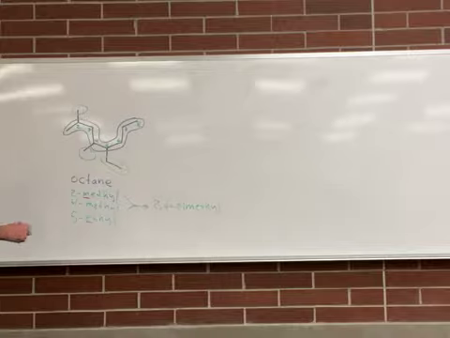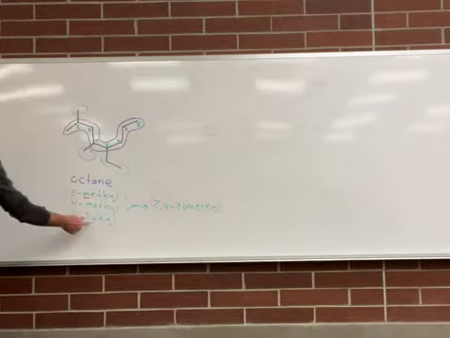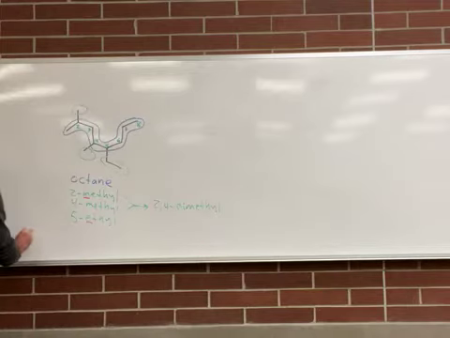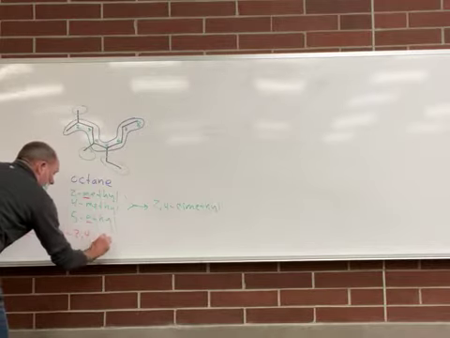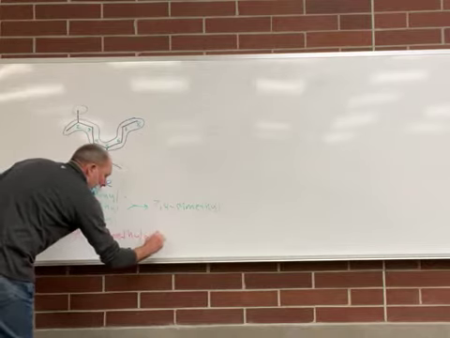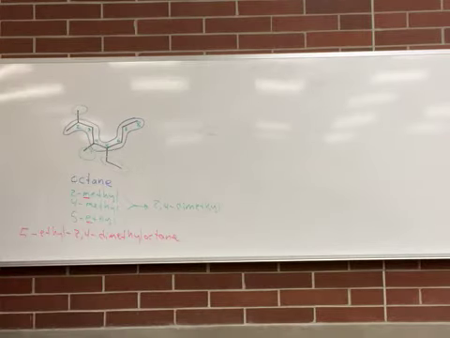Okay. So putting this all together, then E comes before M. So it's going to be 5-ethyl-2,4-dimethyloctane. Okay. And that's where we left off on Monday, right? Good? Good. Okay. So 2 things that we need to add to this before we move on into alkenes,